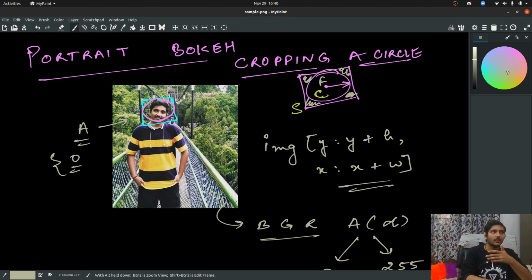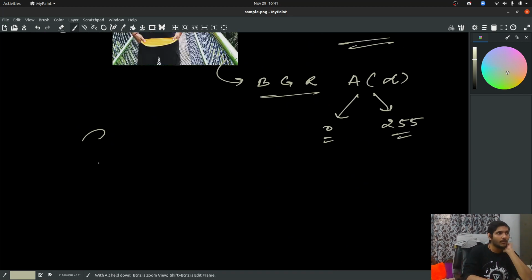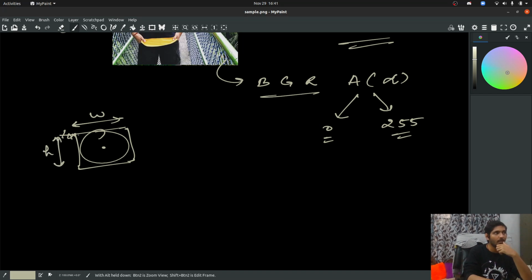Now let's go ahead and detect a face. Once we get the face, let's try to find the circle. How do you find the coordinates of the circle? Think about it, I'm going to explain it now. Suppose you have a circle which is circumscribed in this square. It might not be accurate, just leave that part out. As I told you, from face detection we will get width, height, and also this point right here. So from using that you can find this coordinate, right? This is very easy.